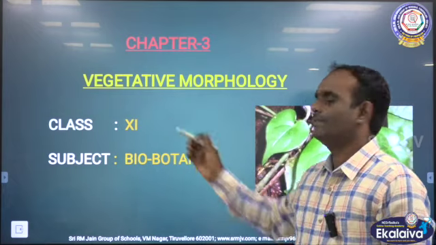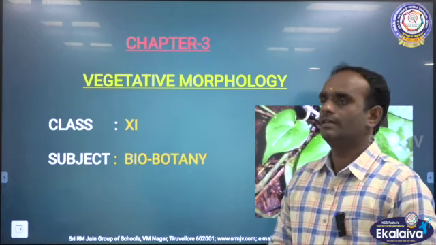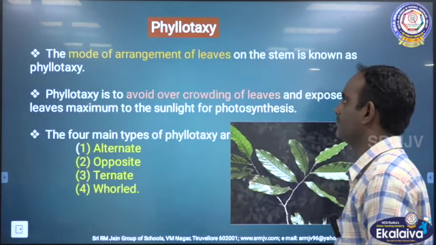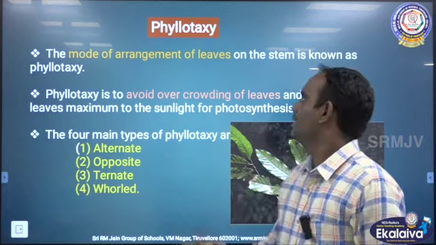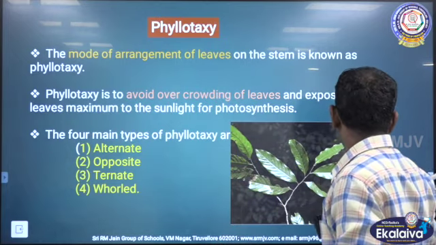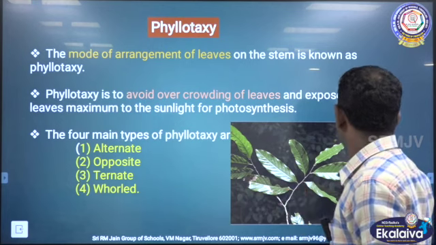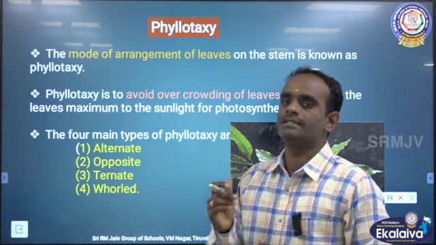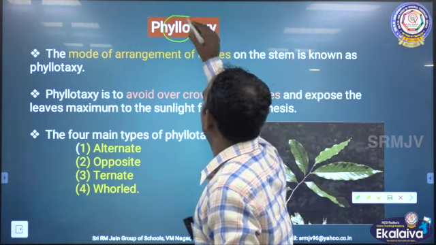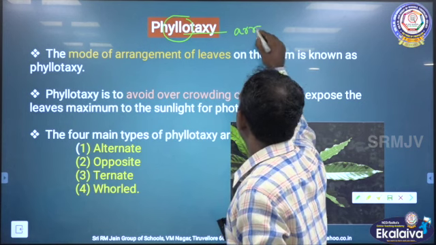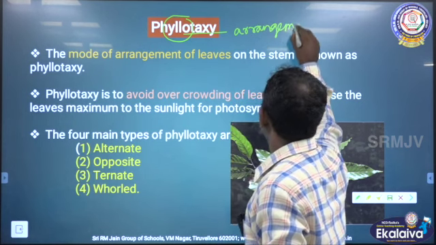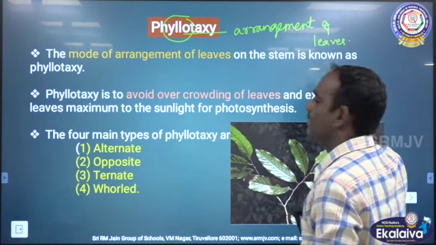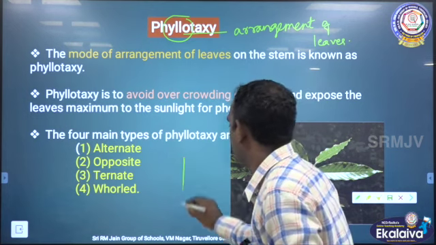For class 11, subject Biobotany, we are discussing the chapter Vegetative Morphology. Today, we are going to see Phyllotaxy. The word Phyllotaxy is nothing but arrangement of leaves. You know very well,